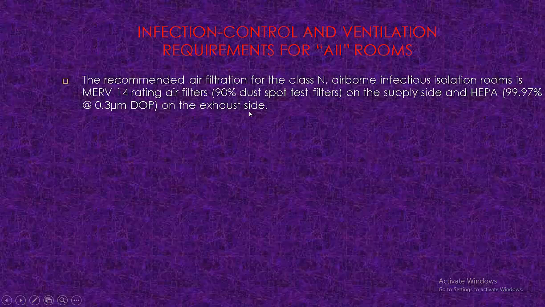So we can install a MERV 14 filter on the supply side and a HEPA filter on the exhaust side, because when we exhaust this contaminated air into the environment, the people present in those places are affected. So we can filter